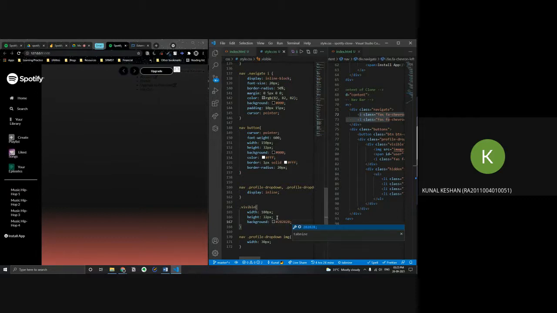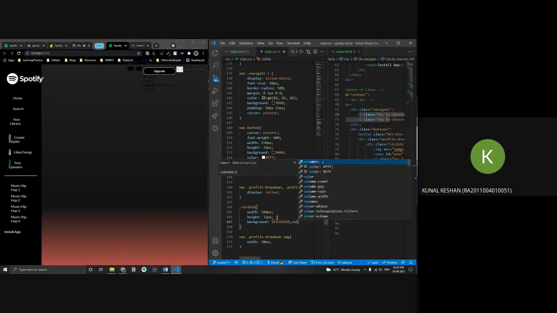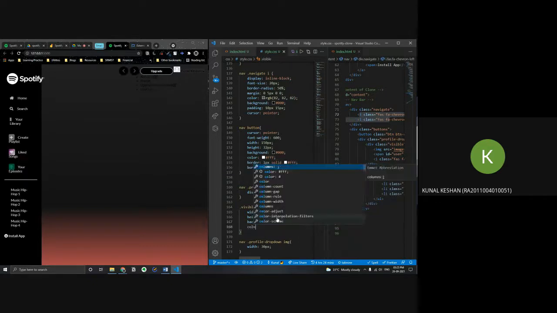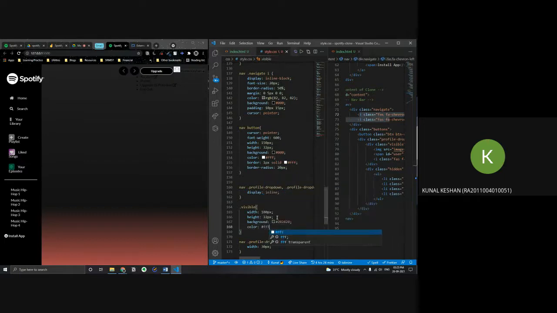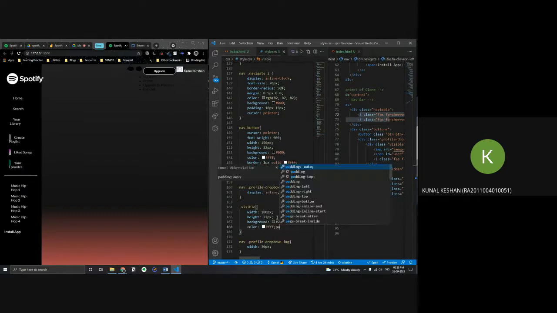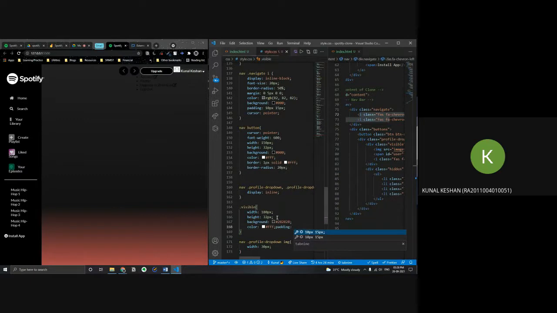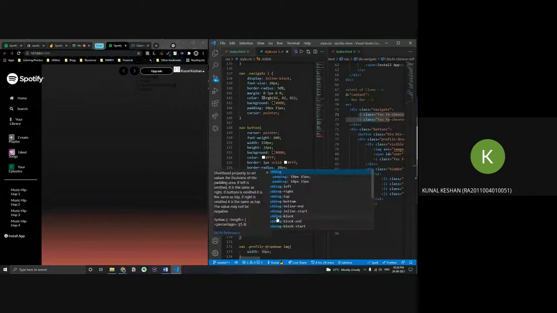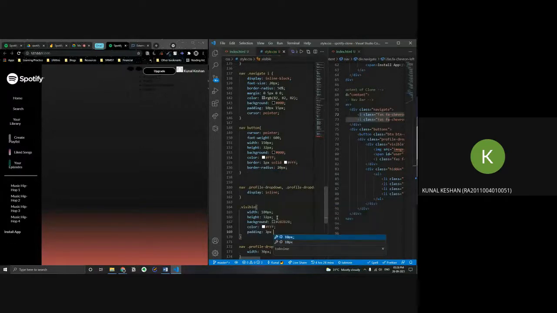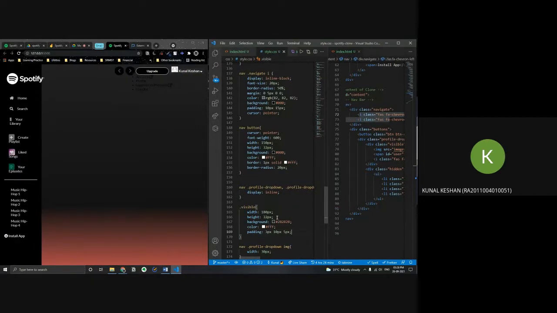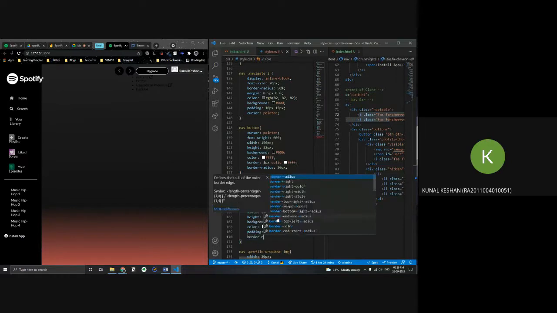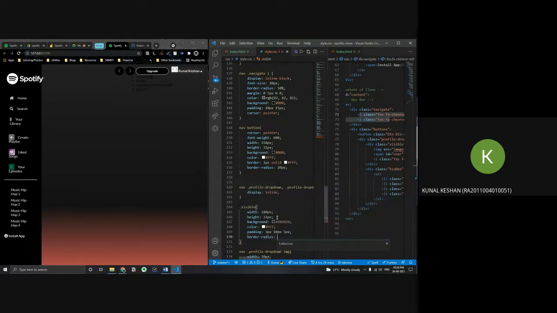Same text should have white color. Some padding within the box, say 3 pixels, 10 pixels, and maybe 5 pixels over here. And a border radius, maybe 16 pixels.